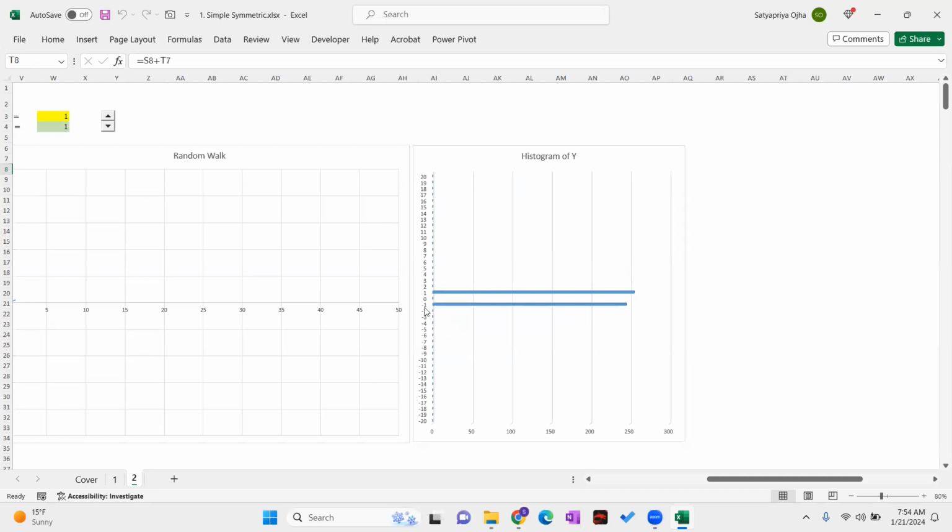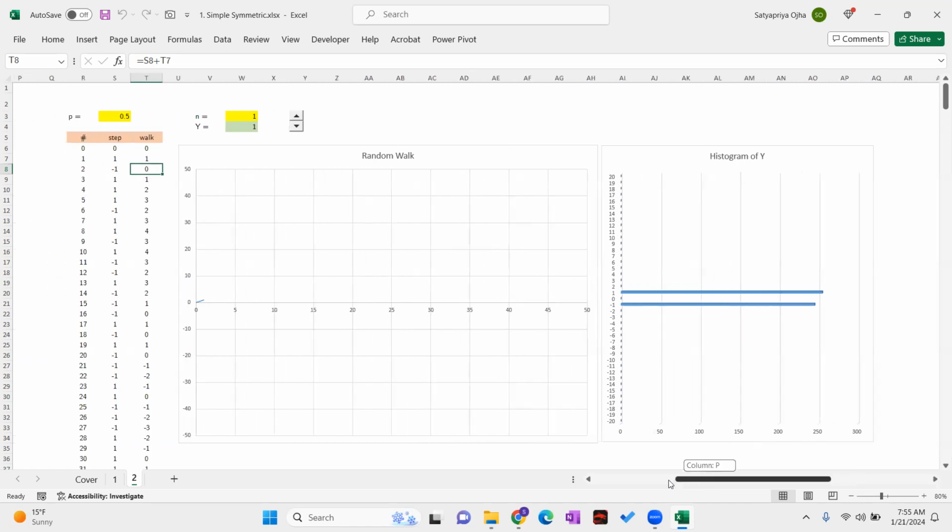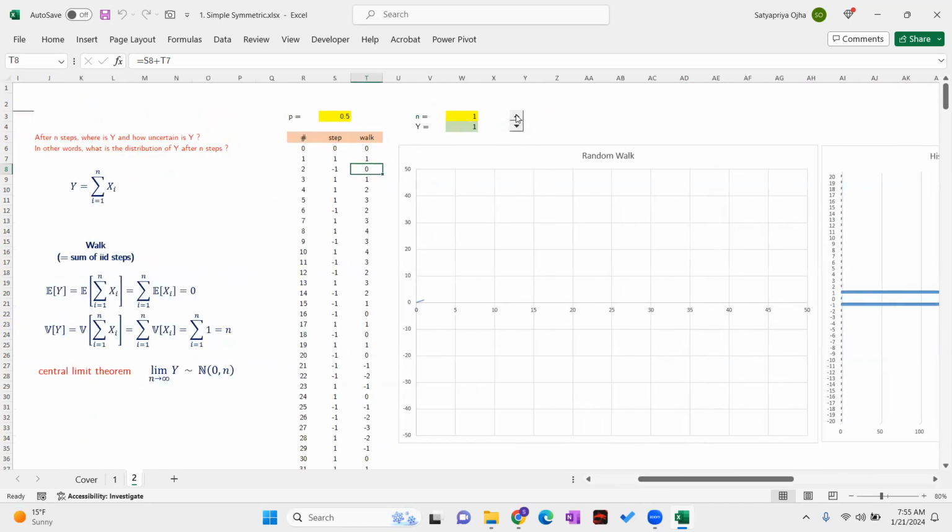This is the histogram. You can see after one step, either it is +1 or -1 and almost equally probable. I'm creating this by doing a lot of simulations behind the scenes. You don't have to worry about that. This is a sampling distribution. It's not a theoretical distribution. If we do a theoretical distribution, it will be exactly the same size, right? Okay, after two steps, let's see. If I increase the steps,